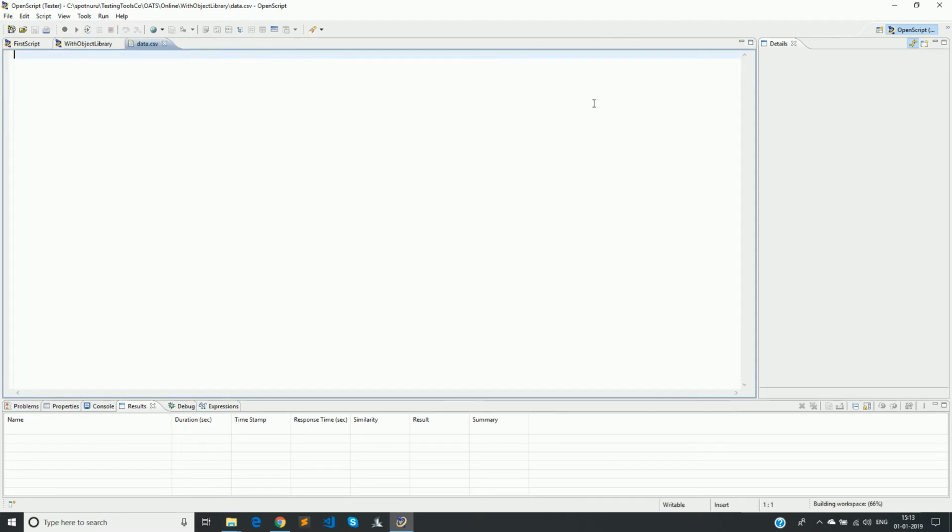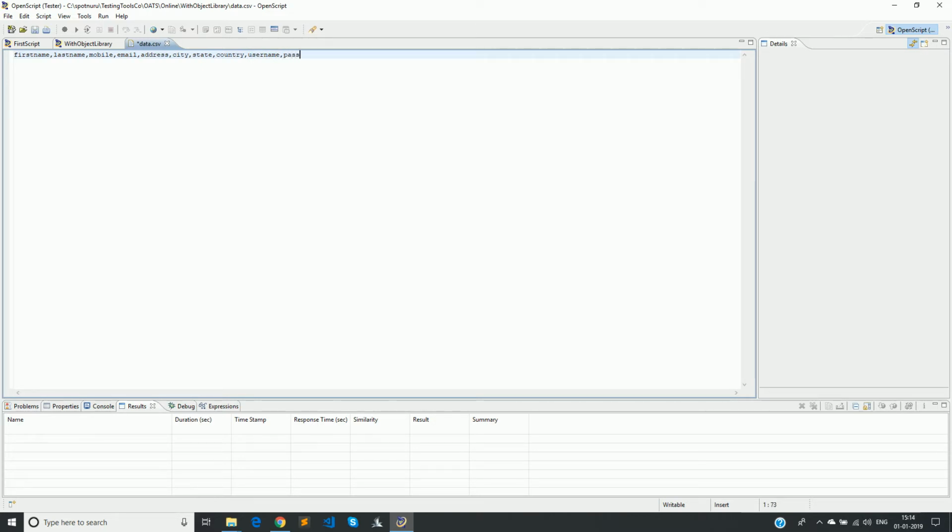You can open it and then say first. The first row becomes the column names of the test data: first name, last name, mobile, email, address, city, state, country, and then we have username and then password.